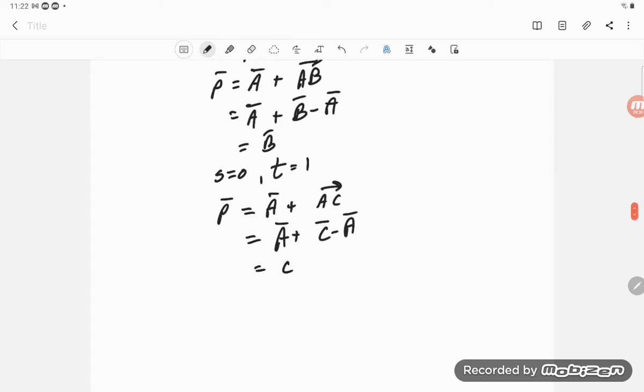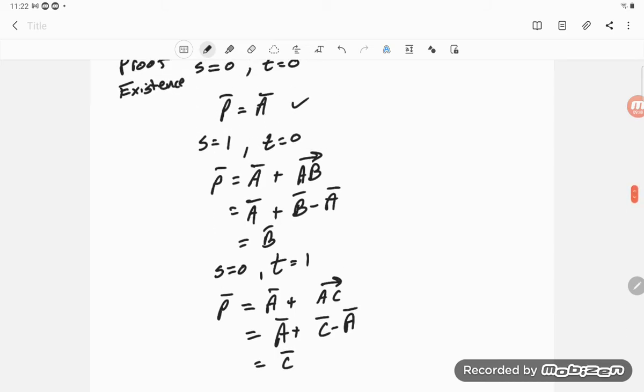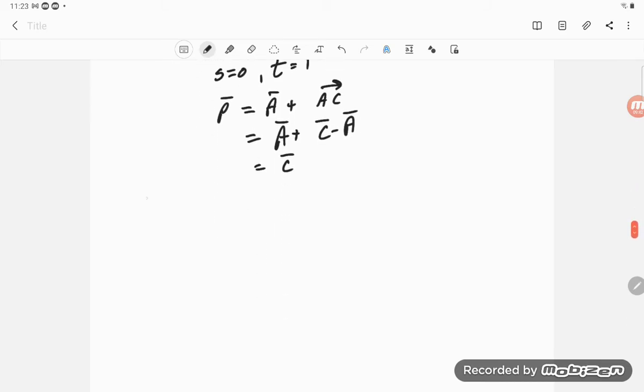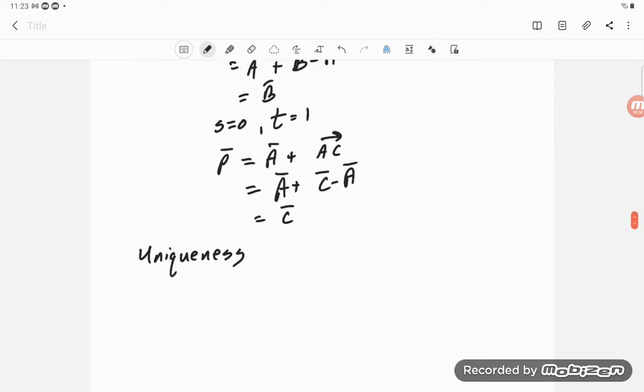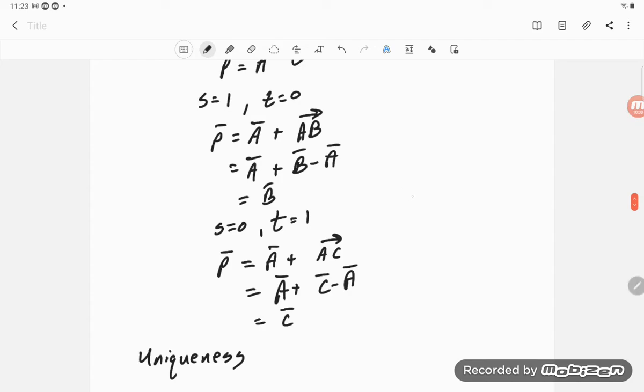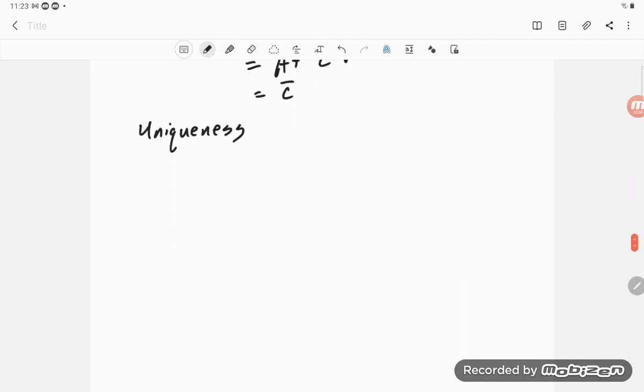And so there's our C. So there we have existence. Okay, now what we need is uniqueness. And so typically for uniqueness, one way to go is just assume there's another plane. So our original plane, we're going to call this plane up here P, and assume